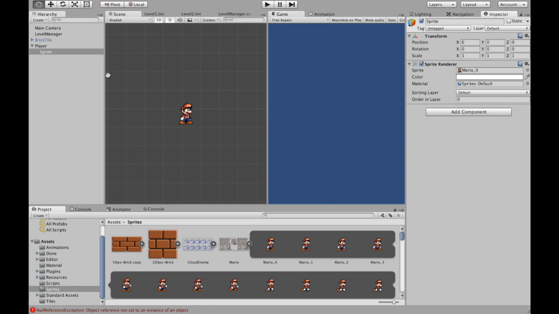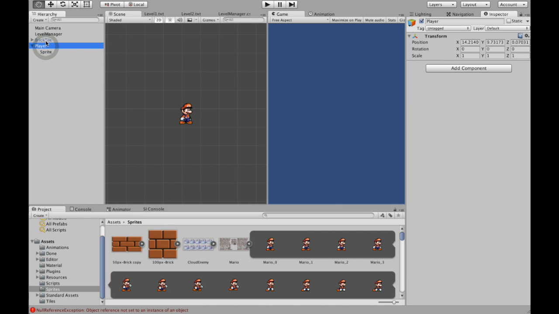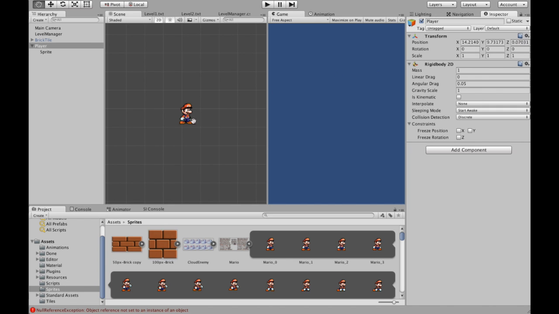Great. Next thing I need is, in the parent, I'll add a new rigid body. So I will have Mario be a physical object to save us a lot of programming. I'll be using gravity and velocity and stuff like that to move Mario around. A couple of parameters I'll set: I'll set interpolate to interpolate, and we'll freeze the rotation according to the z-axis. That means that Mario will never fall into the depth. Right. So when I run this,